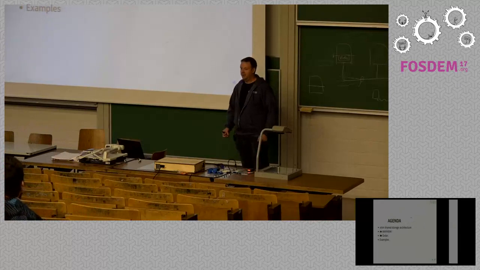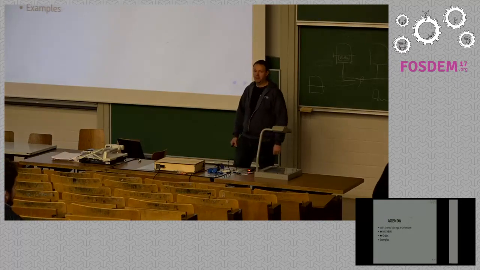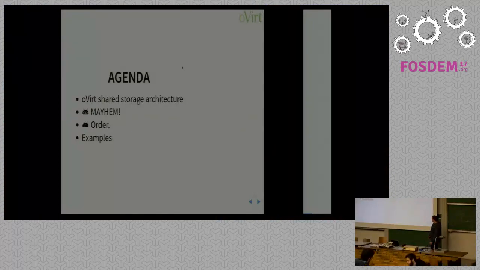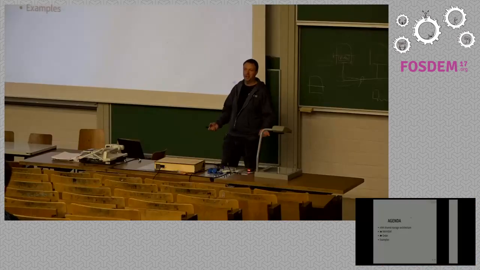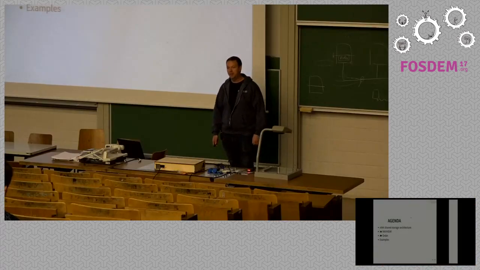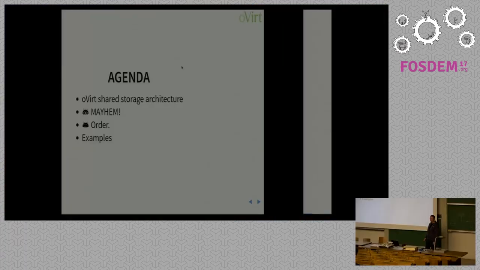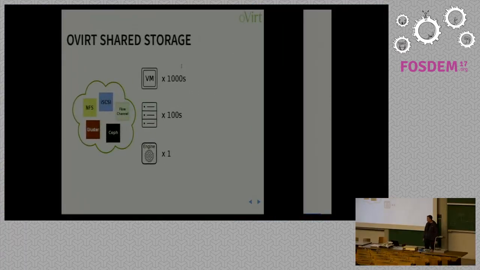So, I'm going to start off by going into a really brief overview of the oVirt project and the storage architecture. It's been mentioned before. Just to give you a little bit of context into what we'll be talking about in the rest of the presentation. Then we get into the mayhem that's happening in everyday deployments of oVirt. It happens all the time, and so we'll talk about the kinds of things that happen. And then we're going to talk about what we can do to remedy that and to kind of restore order into the system from a storage perspective. And then I'm going to try to bring it all together with some step-by-step examples to kind of go through the algorithms that we employ and how they're going to help solve the problem.